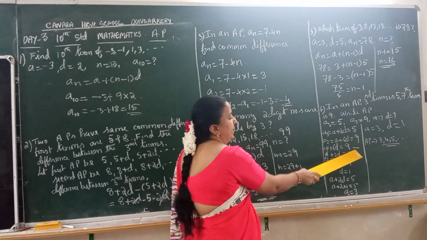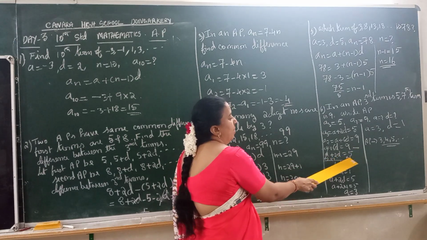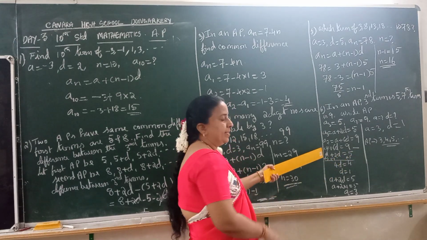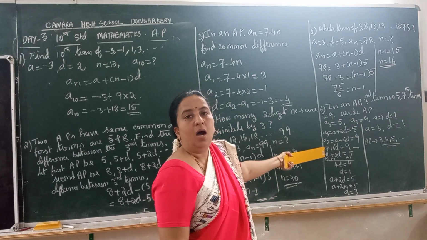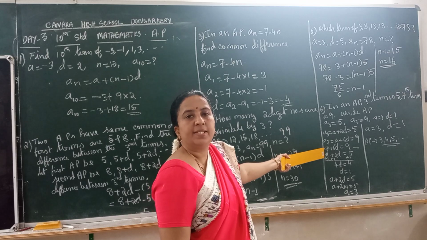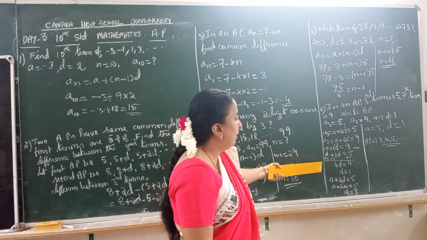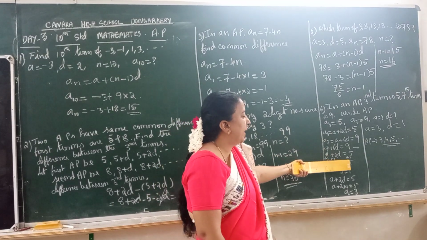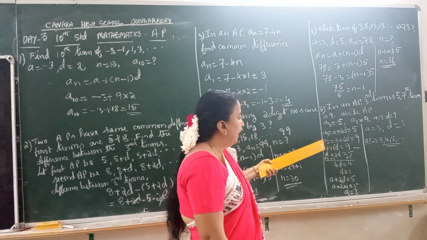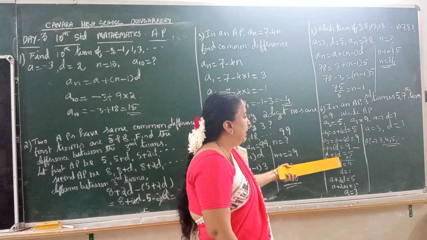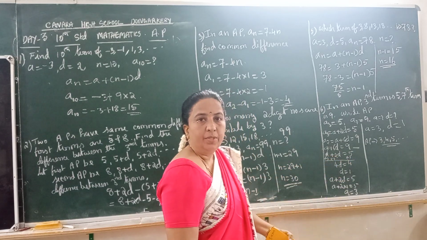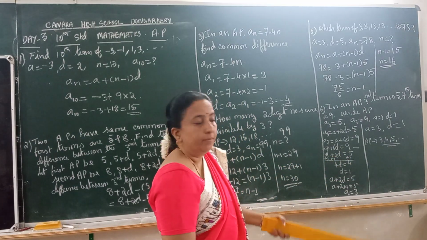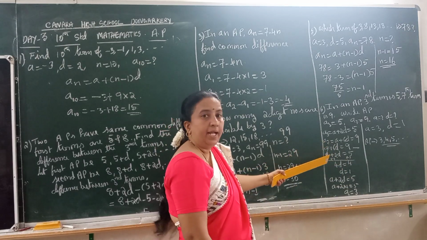Write a minus sign here. Change the sign of all the terms of the second equation. I have noted it inside the bracket. Can you see? Below A minus sign, below 2D minus sign, below 5 minus sign. A minus A gets cancelled.